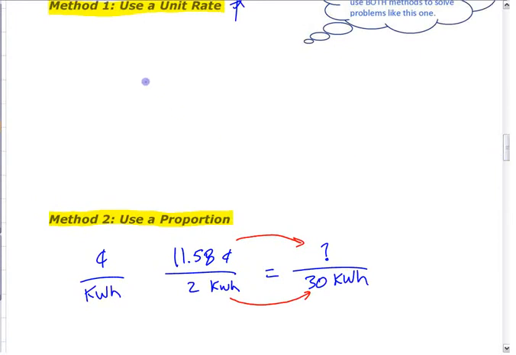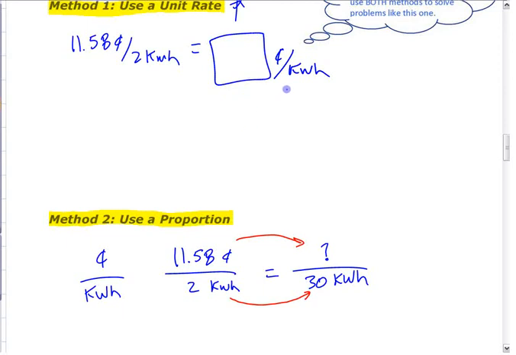The unit rate way of doing it is to say, if it's 11.58 cents per 2 kilowatt hours, that's the same as, and you divide it and say cents per kilowatt hour, 1 kilowatt hour, right? And then you take that unit rate and say, well, if I have to buy 30 of them, how much is it going to cost? Make sure you can do both those methods. All right? Can you get working on that if you have not